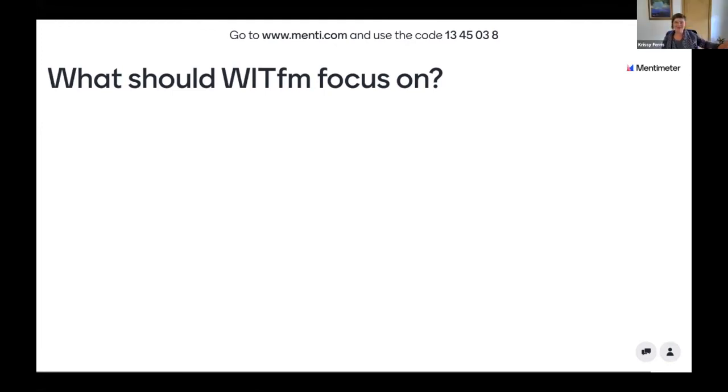And so if the magic works, your breakout room can assign or ask someone to take some notes. And when you have some ideas that you want to spit back to the main group, you can go ahead and post them through Mentimeter. And then when we come back, everyone will be able to see everything that everyone posted. And we'll also be able to carry that forward with us as an export so that we can use it as WITfm moves forward. So this is both the reporting piece for us to wrap up today, but also so that we have something to take forward with us about our thoughts today.